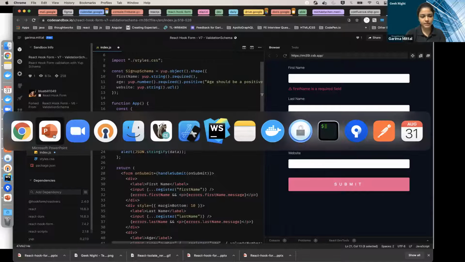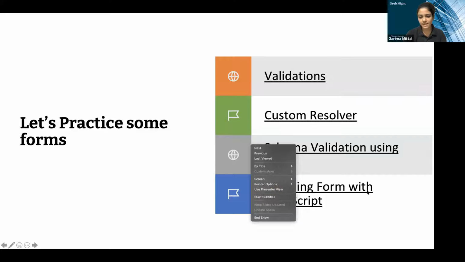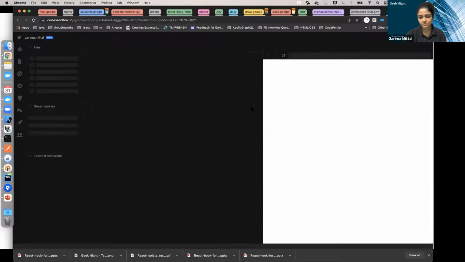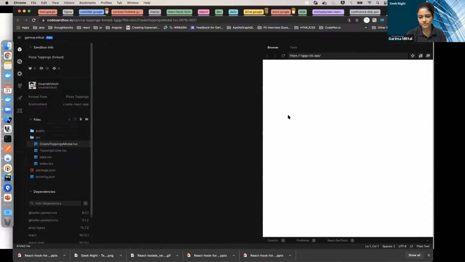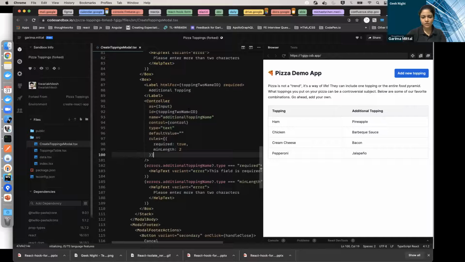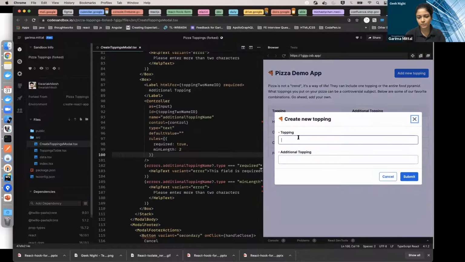So let's go back. Now, the last one is handling forms with TypeScript. Okay, so let's first understand the right part of the screen. We have a pizza demo application. Here I am having one table with some toppings and some additional toppings, and you can go ahead and type one more other thing, saying mushroom,